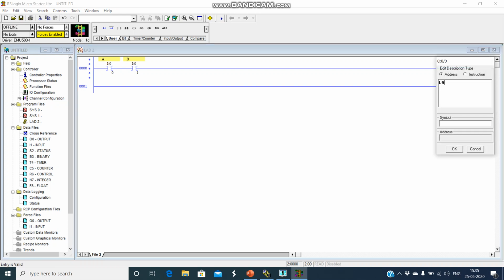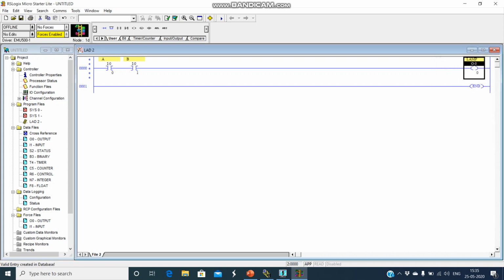You can keep it as lamp, or consider any output device, and you can give any kind of name. Once we have done that, you can see A, B and lamp.